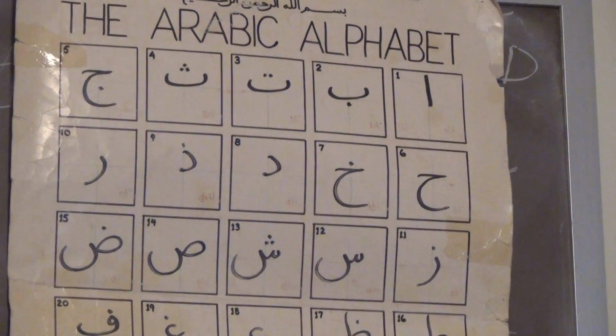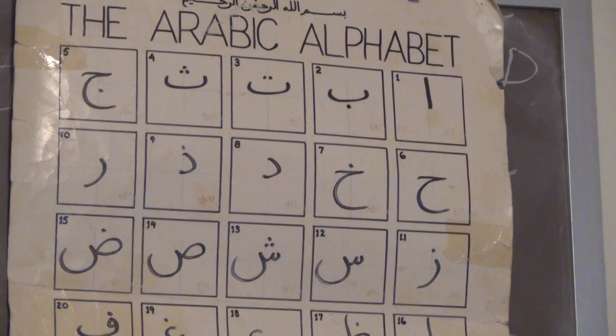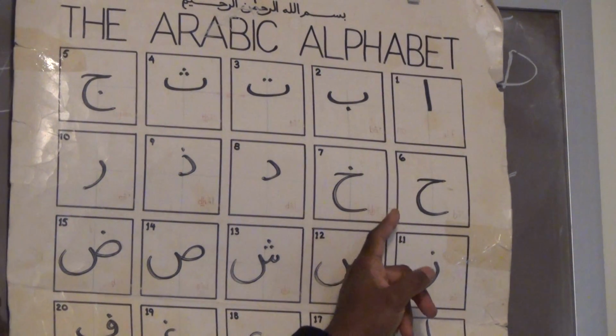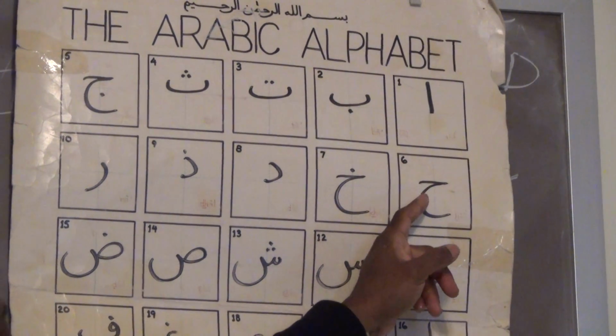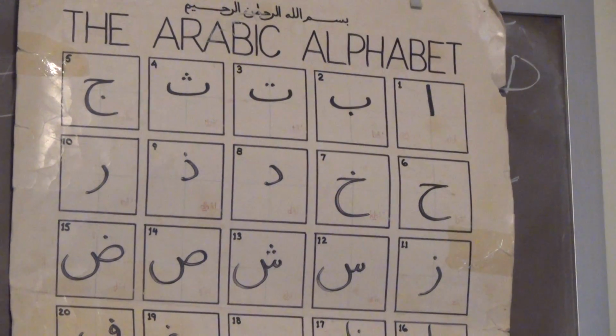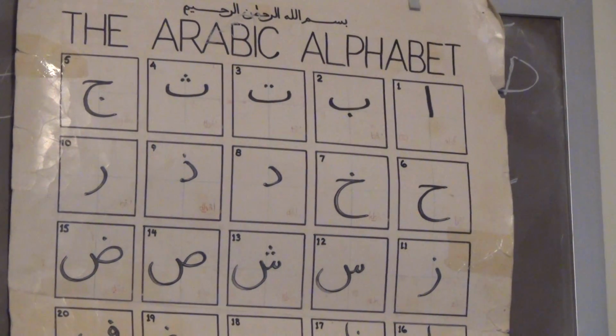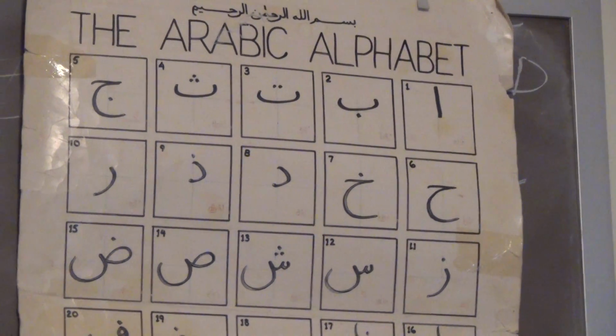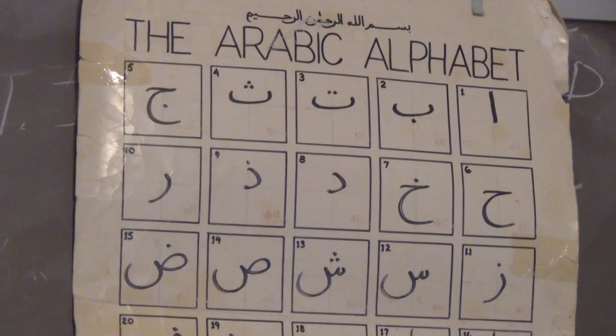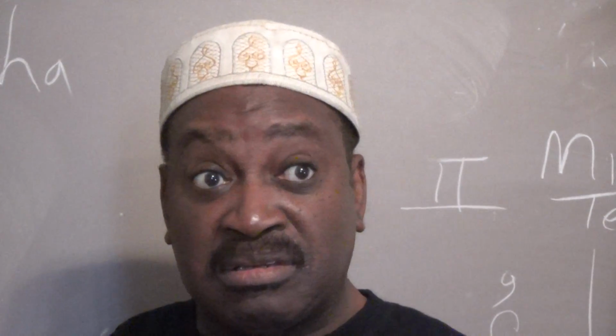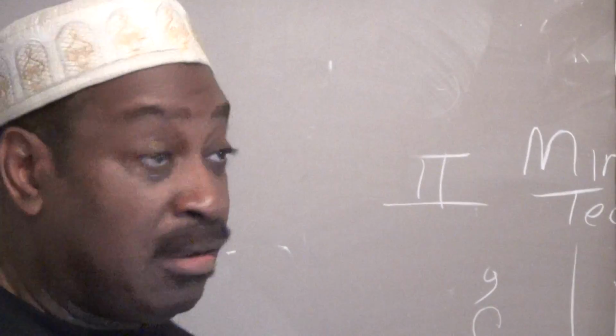Next letter, Ha. This is a hard sound, hard H. Ha, like that, okay? So what English equivalent? H. The next letter is Kha. K-H-A. Okay? So its English equivalent would be what? K-H. Right? All right. The next letter we have is